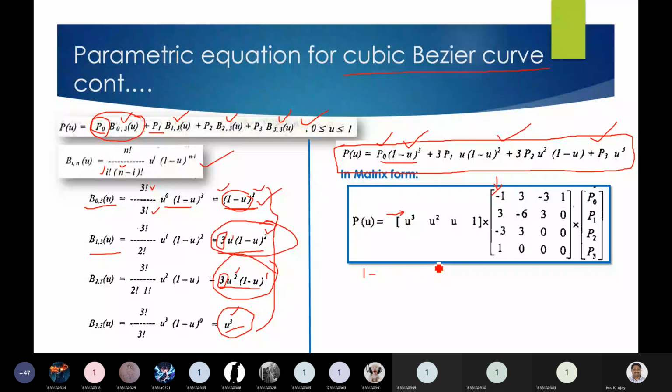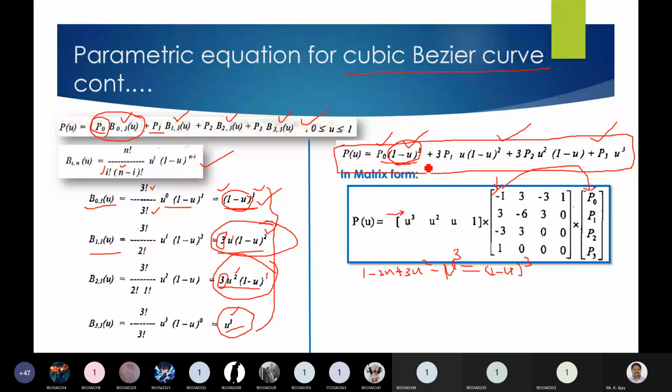minus u cube, sorry, minus u cube. This is actually equal to 1 minus u whole cube, which is the same as this one, right? So that would be the first horizontal row, first vertical column, that would be multiplied with the P naught, right? So that is what is shown here. So the expansion of this parametric equation can also be written in matrix form like this,